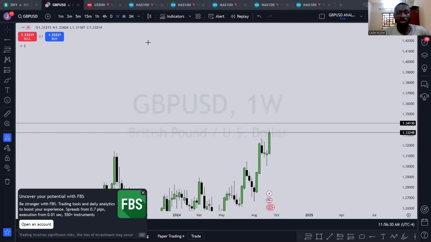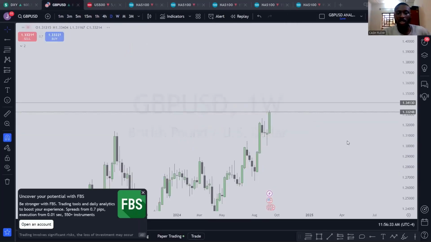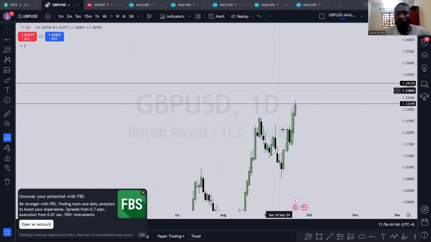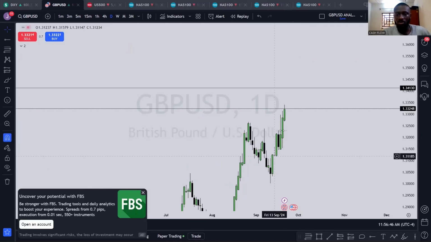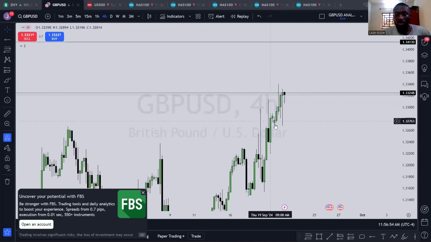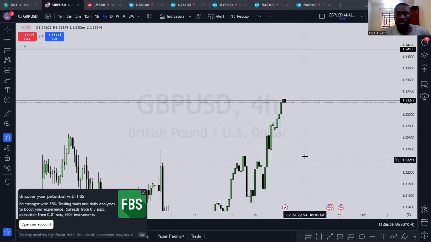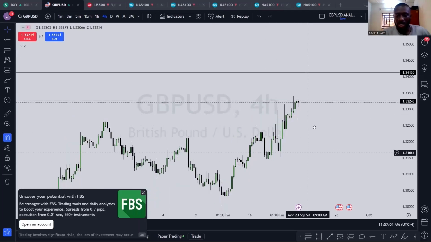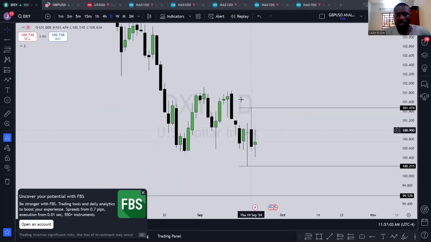So let's go down to British pound. So we are seeing the weekly, the daily. So there's no area of inefficiency here. So I'm not planning to see price retrace. I don't want to see price retrace here. Not now. I still want to see a bullish move from the British pounds. Okay. So depending on how tomorrow prints, maybe a run on this low. I really don't want to see British pound retrace. But if British pounds retraces, probably the dollar